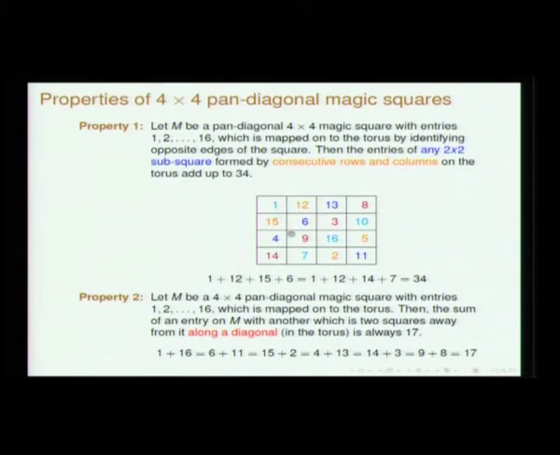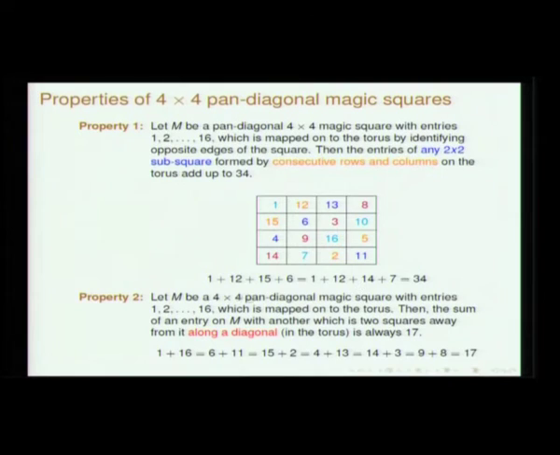The first property is that any of the 2 by 2 subsquares of consecutive rows and columns, not this and this, sum to 34. That is why when I said you have to group this way, then this 5, 11 and 4, 14 will get mapped, so that is a kind of torus. That way you can have 15 possibilities, and you have the sum 34. This is the first property.